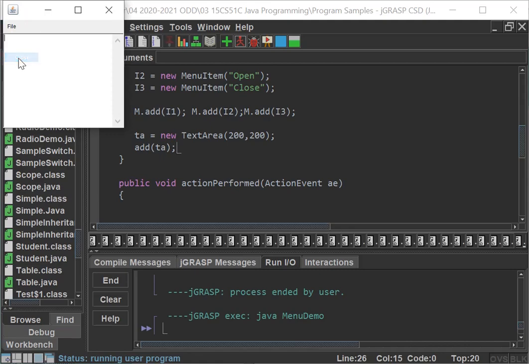If I use the Close, there is an error message. I have clicked the Close, and this is the message I want to get. For that, I have to write an action. This is the event. When I'm clicking the New, this will act as the event. For that, I need to write the action.